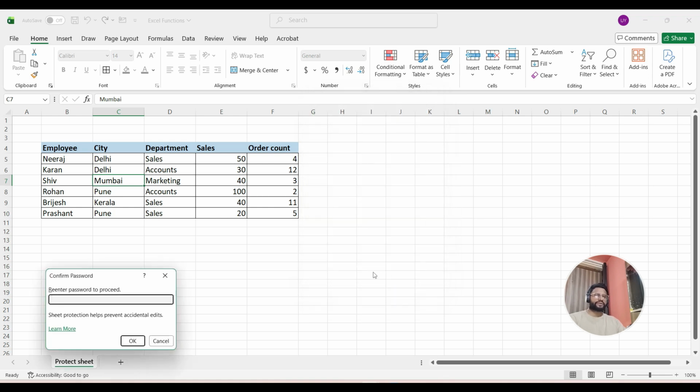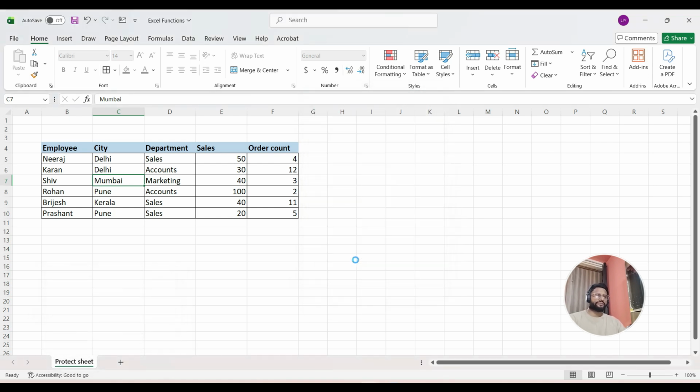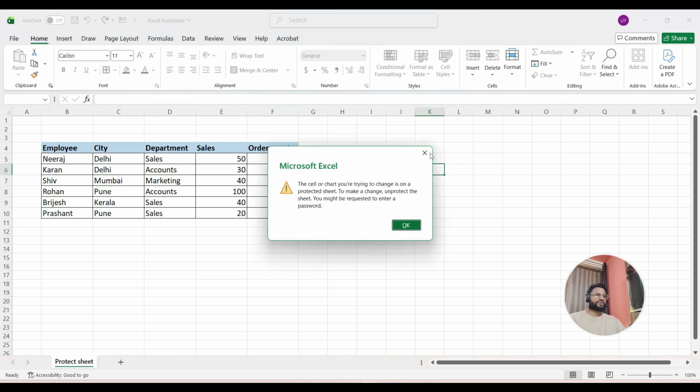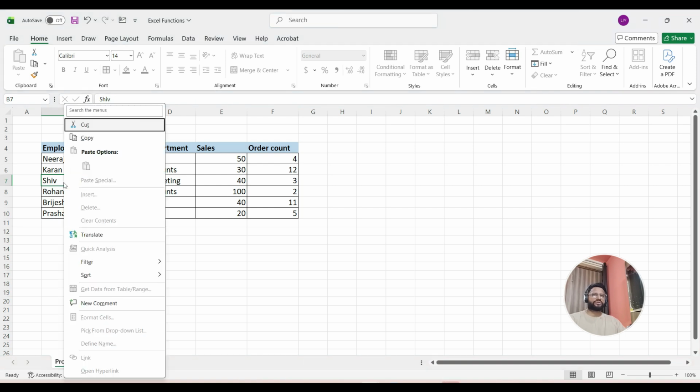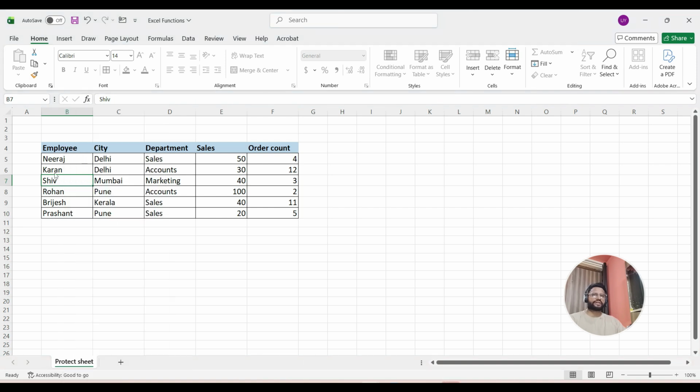I'll say OK. Again, I'll give the password 123 and say OK. Now, if you click anywhere outside in the sheet, you'll see the sheet is protected. Even if you look at the ribbon bar, you can see the sheet is protected and all the options are disabled. But if you click inside the table and do a right click,